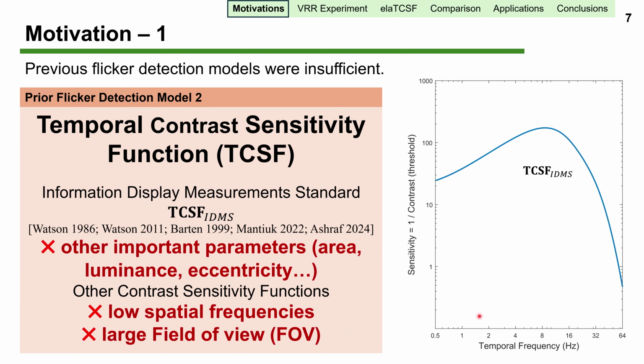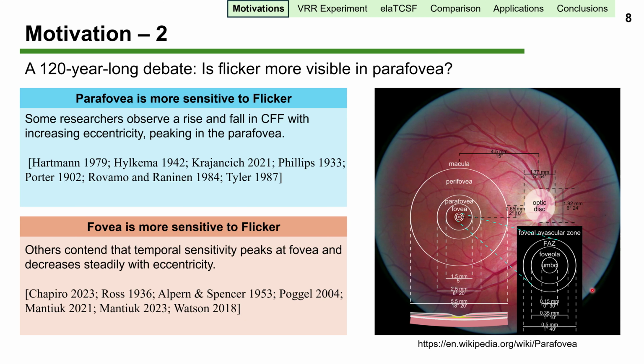And in 2023, TCSF IDMS was established as the industry standard for flicker detection, as shown on the right. However, it doesn't account for other key factors affecting flicker visibility such as area and luminance. While some contrast sensitivity functions do incorporate these parameters, they cannot handle extreme low spatial frequencies or large areas. One thing to note is that the CFF is typically equivalent to the frequency at which the TCSF sensitivity equals 1. Although our work originated with VRR flicker, our goal is to develop a flicker detection model applicable to all kinds